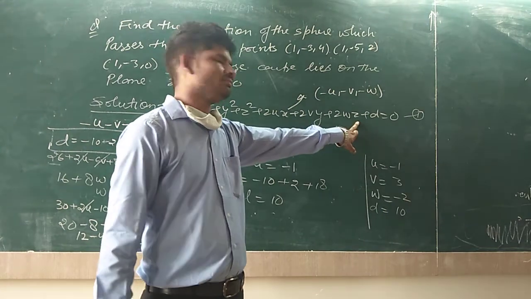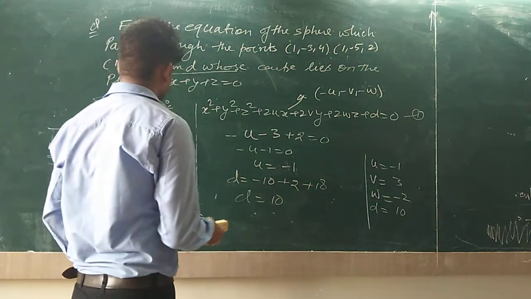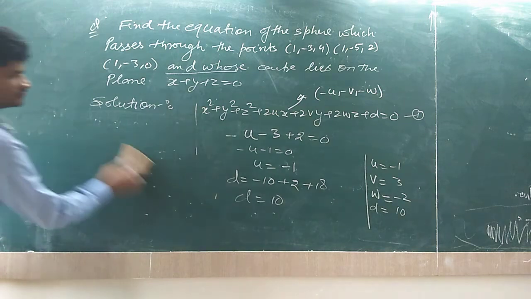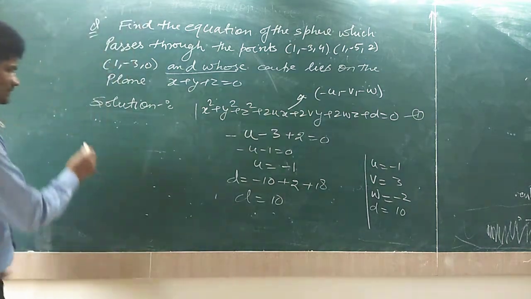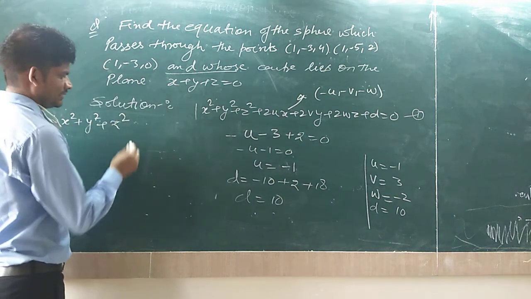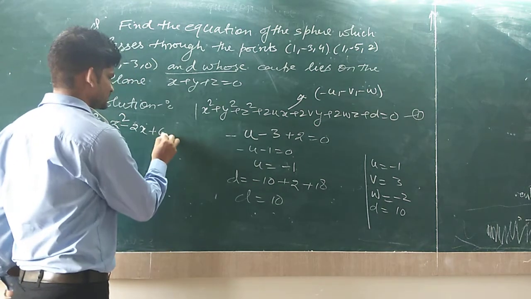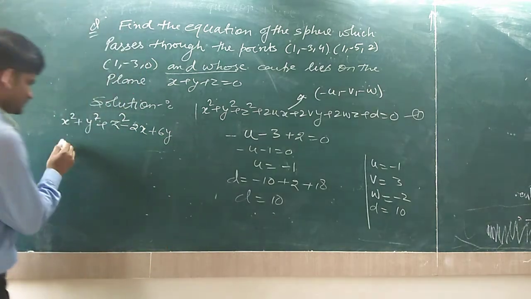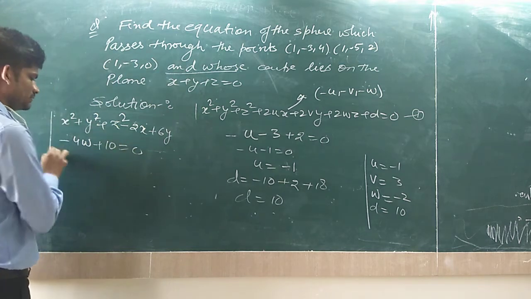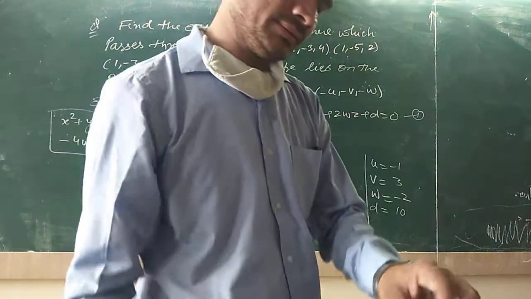These values we put in equation number 1, then find the equation of sphere. Then the equation of sphere is x square plus y square plus z square minus 2x plus 6y minus 4z plus d is 10 equal to 0. This is the answer of this problem. The next problem is